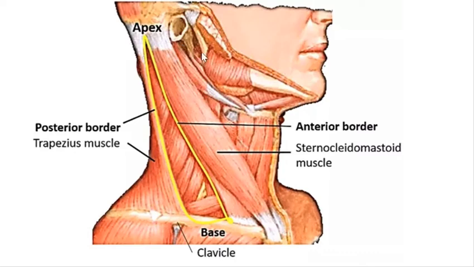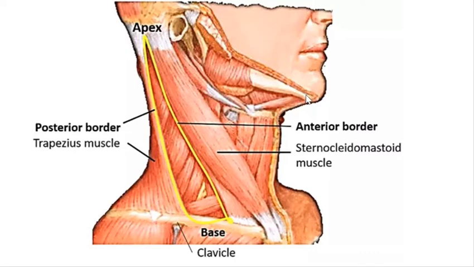And superiorly the triangle is bounded by the inferior border of the base of the mandible, up to the angle of the mandible, and from the angle of the mandible an imaginary line to the mastoid process. So this is